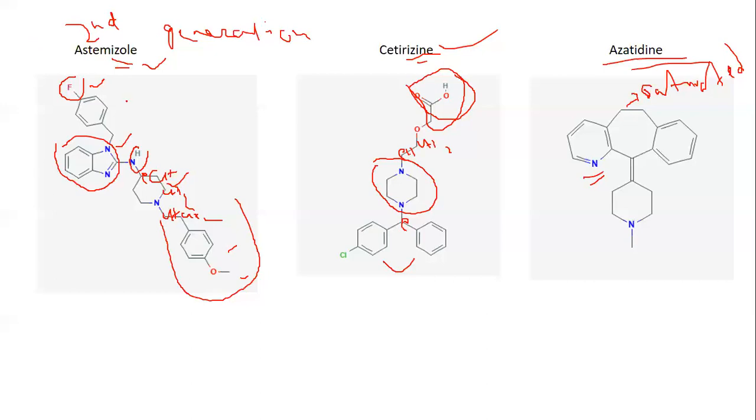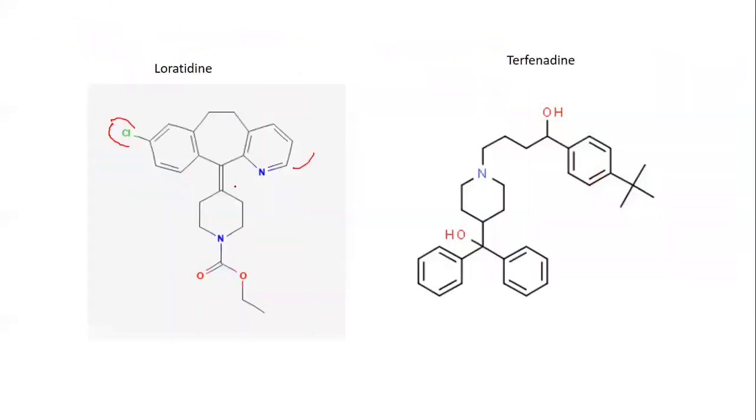Okay. Then you come here. In the rest of the structure, there is one more substitution present. But if I ask you what the basic analog of loratadine is, you can easily recall that it is a cycloheptane derivative with one pyridine. And of course, in the side chain there is also piperidine, like we have already been taught in the case of cyproheptadine. So loratadine.